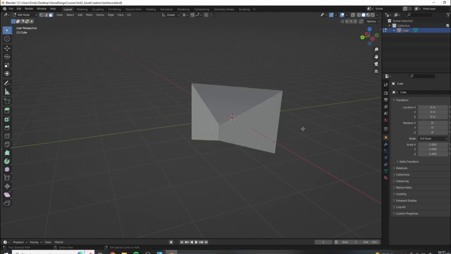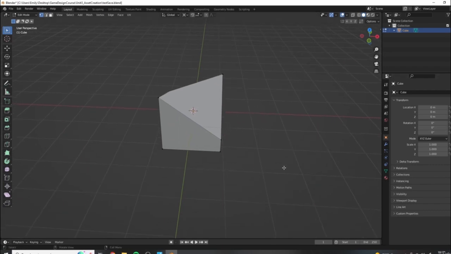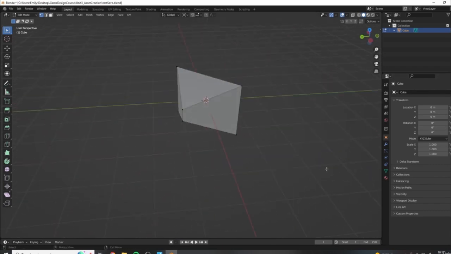Another very common way to add points to a mesh is to use the insert edge loop function. Now to do this, we're going to hit Control and R on the keyboard, which will give us this little preview yellow ring that goes around your mesh in different directions depending on where you place your cursor. So let's say I wanted to basically add an edge loop around my mesh horizontally. Well, I would place my cursor here, I would click,